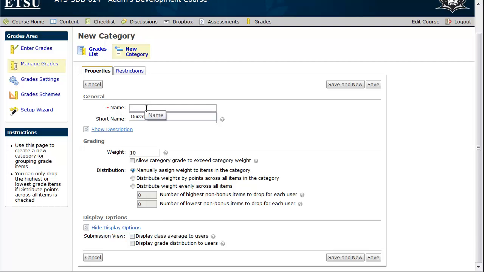So I'm going to build a category called Tests. Then I can scroll down and select the weight. The weight is towards the final grade. So if I put a 40 here, this category is going to be worth 40% of my final grade. Now the next option asks me, when I start assigning items into this category, how will they be distributed? If I leave it on manually assign, I have to assign the weight of each grade item that I put